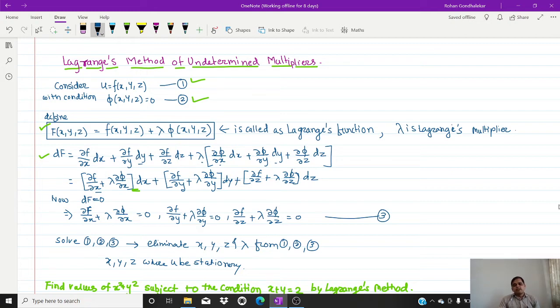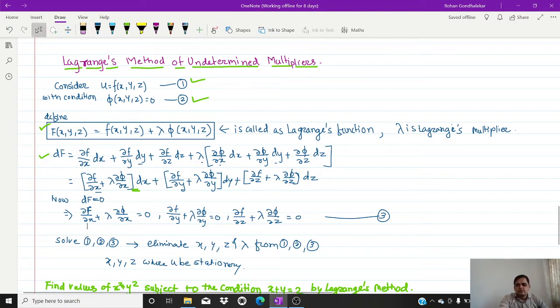But one more very important thing is, when we go on to solve equation 1, equation 2 and the 3 equations from point number 3, what happens is we will get the stationary points. As I discussed previously, this Lagrange's multiplier method provides you the stationary points. You cannot discuss the maxima and the minima with this method. So to discuss the maxima and the minima at the stationary point, we require the physical values of u, that is the values of f of x comma y comma z, and based on the comparison of the values of f of x y z, one can decide the maxima or the minima.